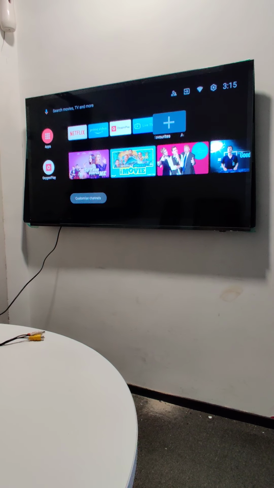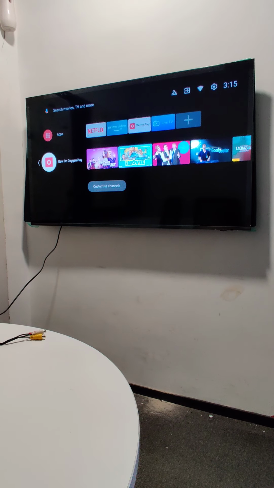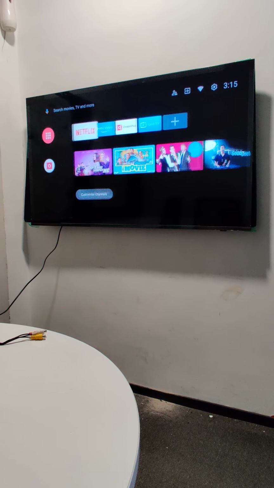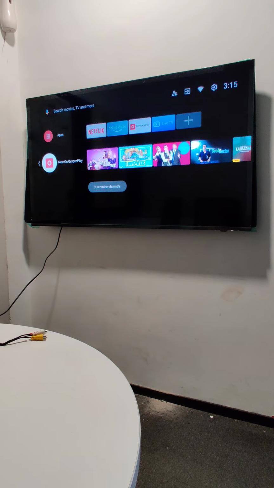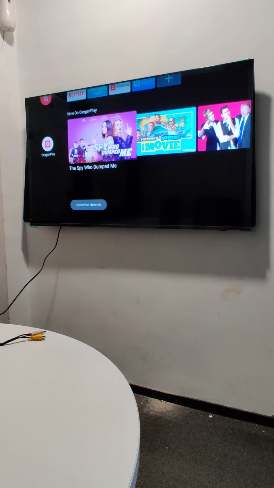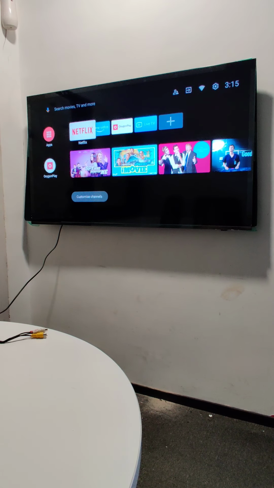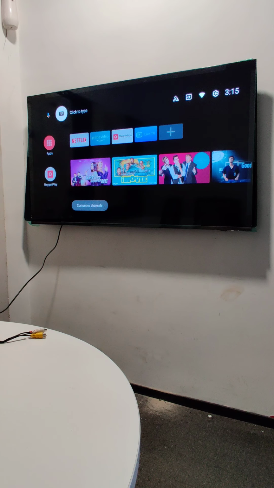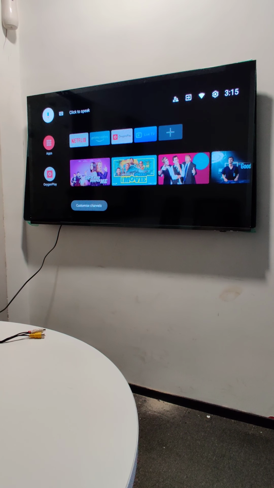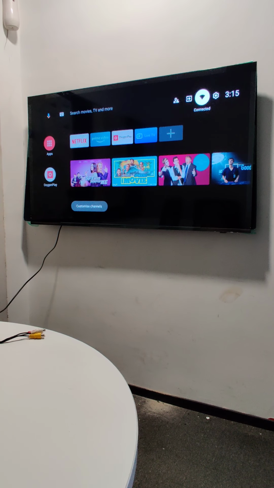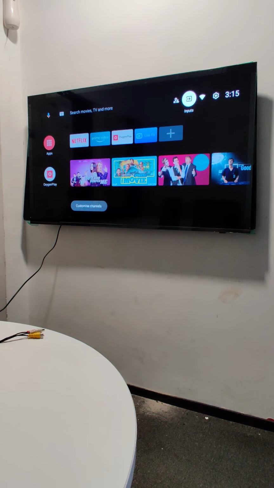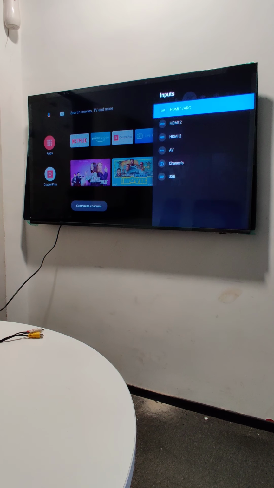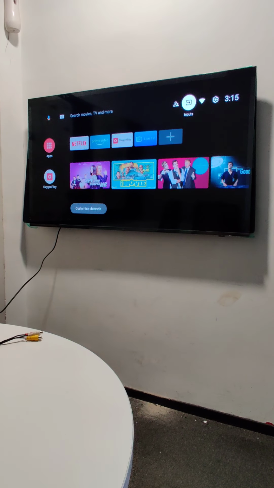So this is what kids mode is, and same features like customizing screen, you can do that. And suppose now you want to exit from the kids mode. So Google Assistant is available, keyboard is available, input you can definitely select from this option.